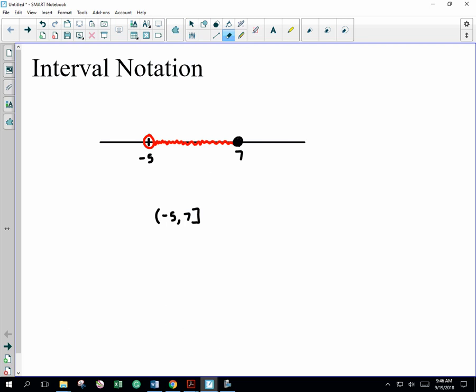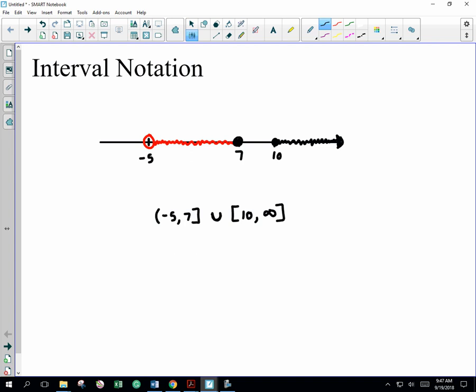Now let's say I wanted to enlarge it a little bit. So I'm going to go to 10, and I'm going to draw an arrow, and I want to shade. So I'm going to go closed dot, shade forever, okay? The way you do this in mathematics, you include the union symbol, the U. We're going to join two things, union, and it would be bracket 10, parentheses infinity, bracket, or is it parentheses,